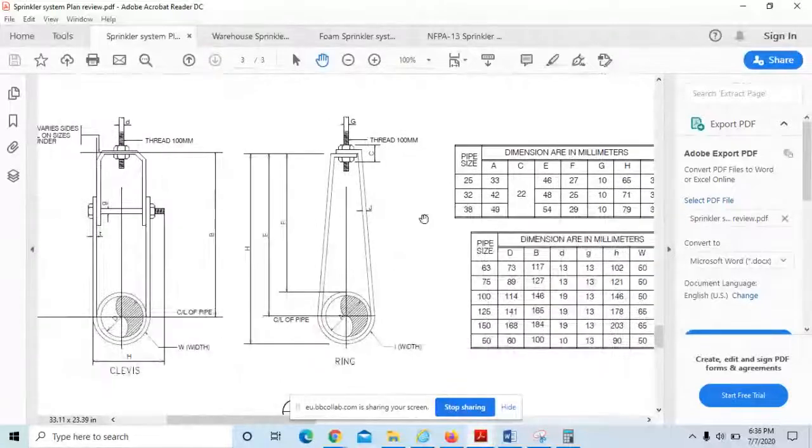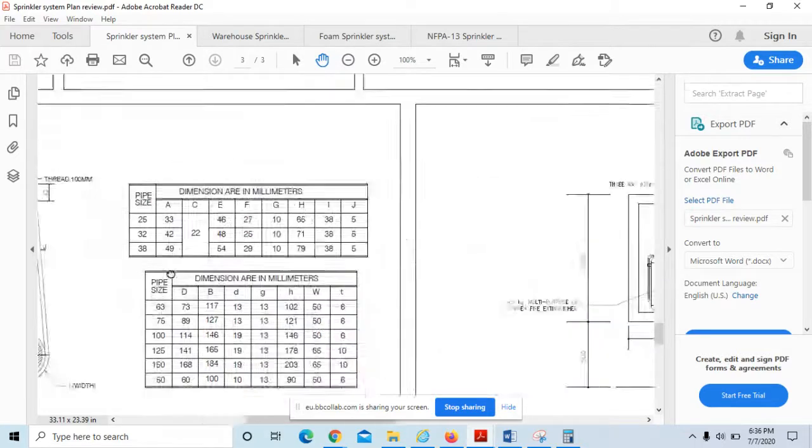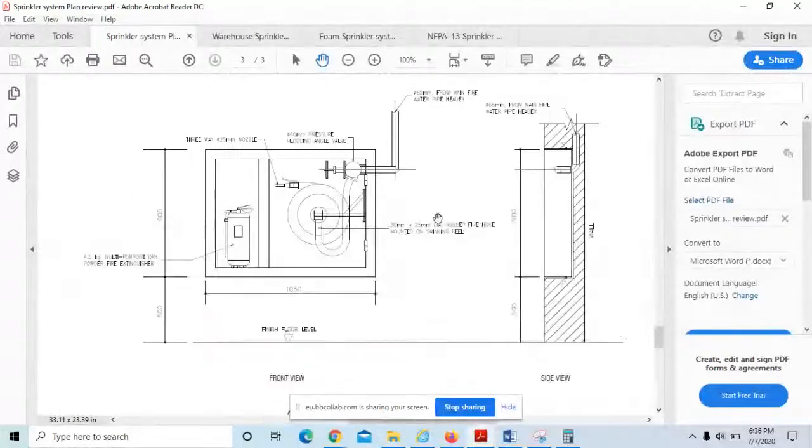But again, they have not specified the maximum distance between two hangers. It should be there. You have to read the data sheet of the hangers to make sure that the hanger is UL listed or FM approved. Otherwise, it is not acceptable. If the ASJ is accepting it, okay, we don't want that much quality. But if it is totally a requirement for UL or FM, then we have to ask for those data sheets.